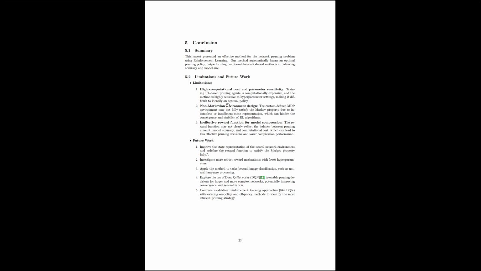Investigate more robust reward mechanisms with fewer hyperparameters. Apply the method to tasks beyond image classification, such as natural language processing. We will explore the use of deep Q-learning to enable pruning decisions for larger and more complex networks, and compare model-free reinforcement learning approaches like deep Q-learning with existing on-policy and off-policy methods to identify the most